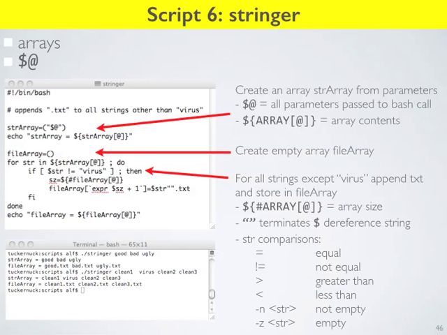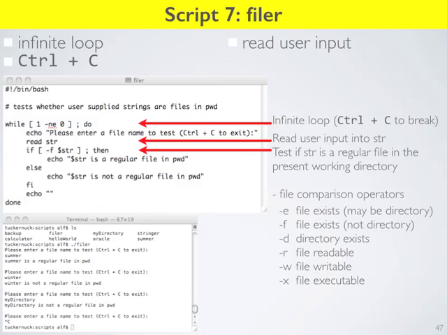Good question. Yeah? So for the array, we use the dollar sign and the attribute, so does that mean that you can put as many things as you want into your array? Exactly. The default behavior for $@ is to take everything that I enter, delimited by a space. Every time we put a space, it knows there's a new element that will be stored in the array. That's right. Yeah, very good.